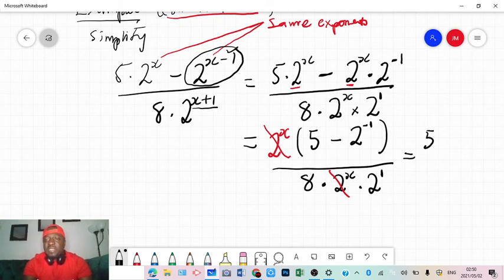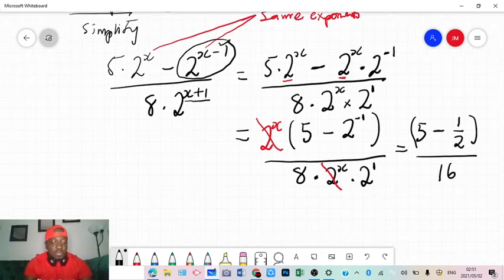This is simplified as 5 minus 1 over 2. If you change the negative index to a fraction, you get 5 minus 1 over 2, all divided by 8 times 2. 2 to the power of 1 is 2. So 8 times 2 gives you, rather, 16. Moving further,